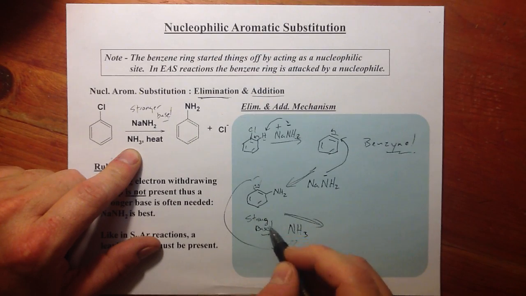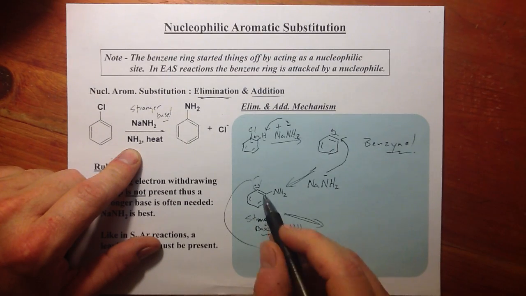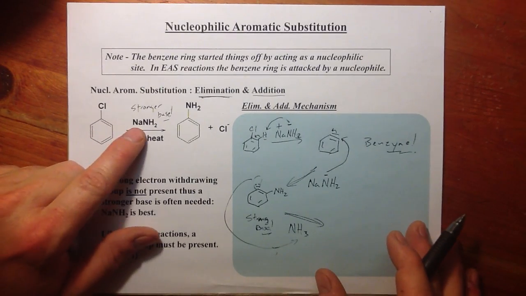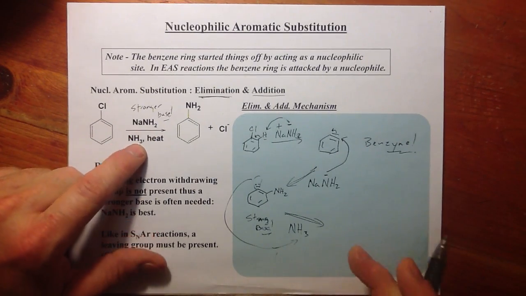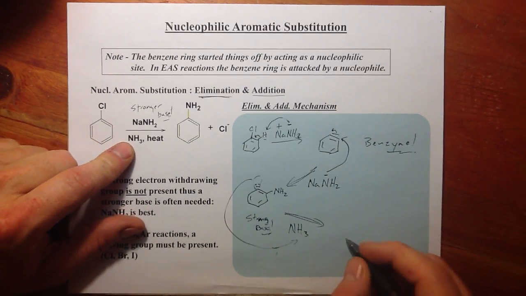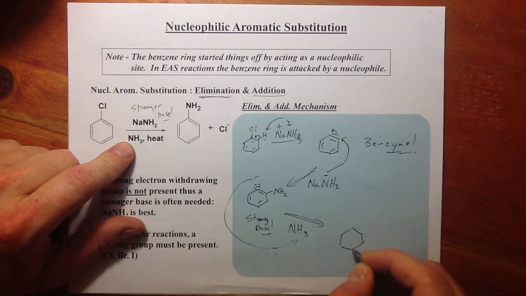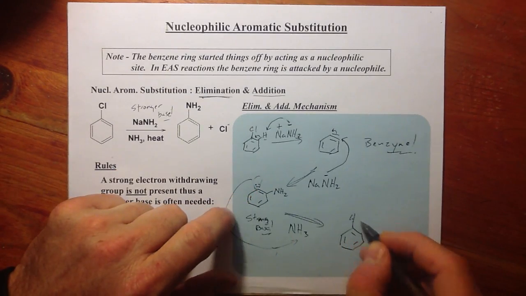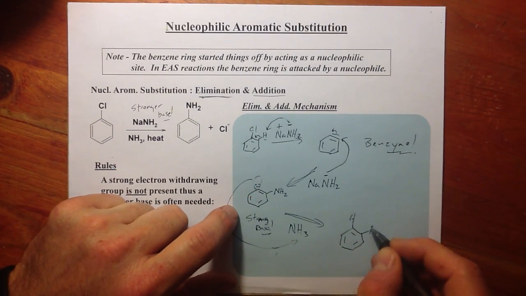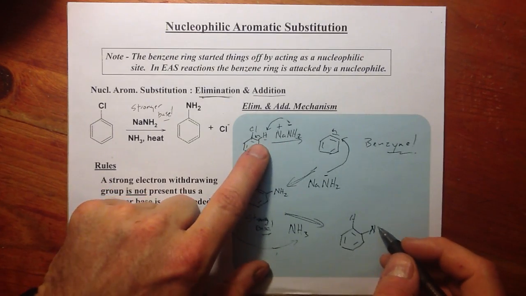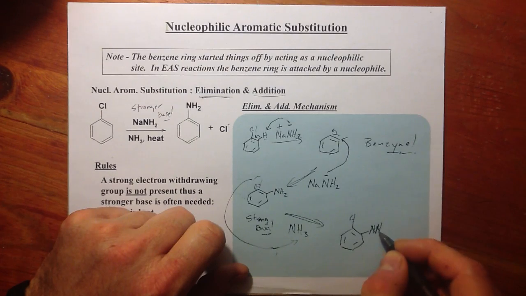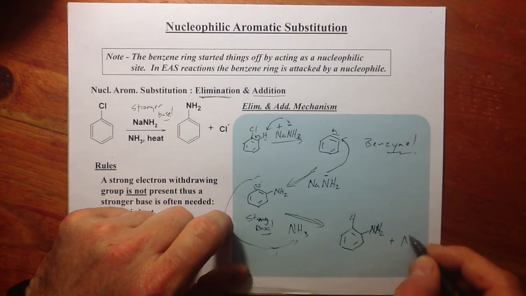So we need to have some sort of acidic proton for the strong base. Some acidic proton, and we do have that if you add with the sodium amide just some ammonia, you get sort of a buffer solution. And we can have then our proton given back to that carbon that we took a proton away from. We're going to give a proton back. We're going to have our NH2 group, and we'll have reformed